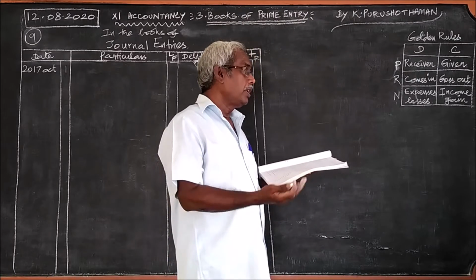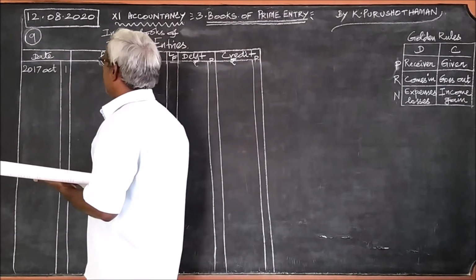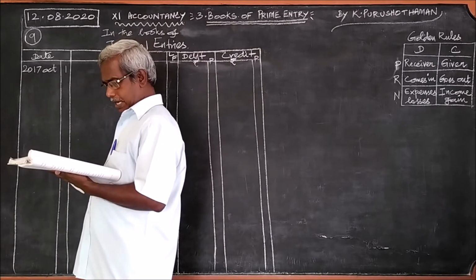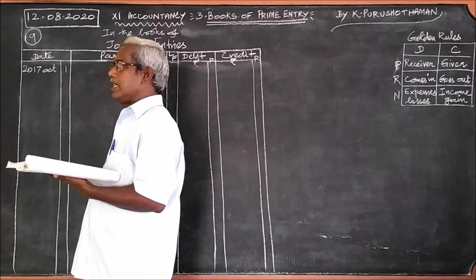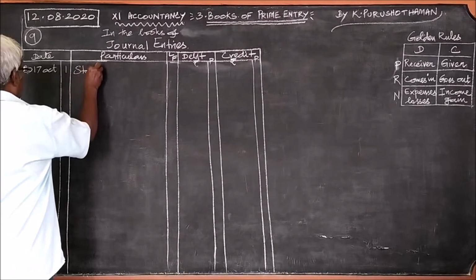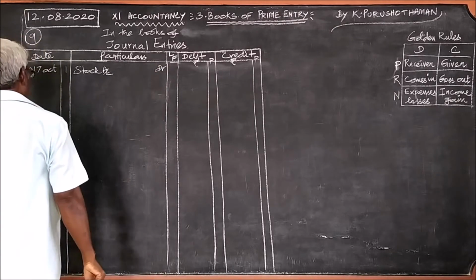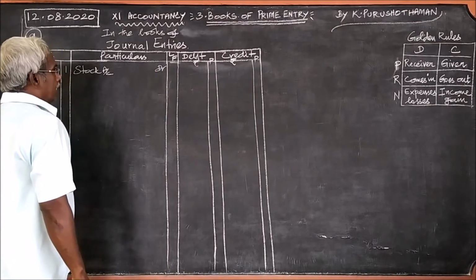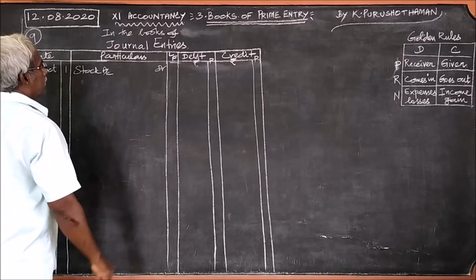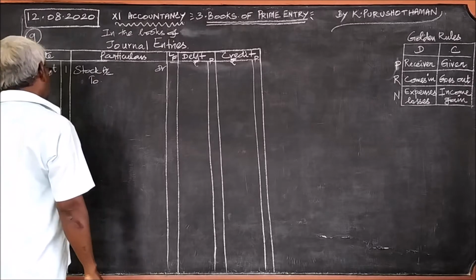So, what comes into the business? Goods comes into the business. When we buy the goods, we can write purchases account debit. But for the first time, when the business is commenced with goods, we should write stock account debit. The business started with goods. Goods we should not use, but here we should use the term stock account debit. It is part of the capital, therefore to capital account.